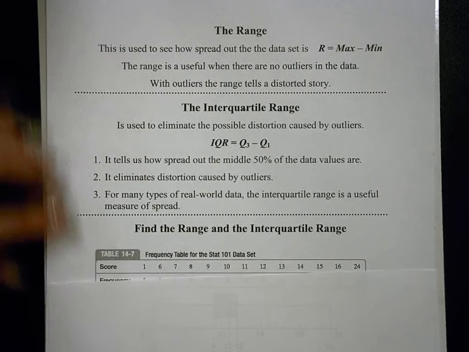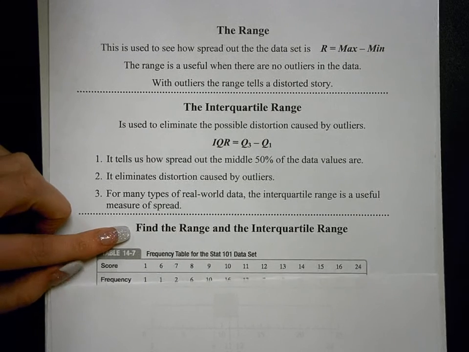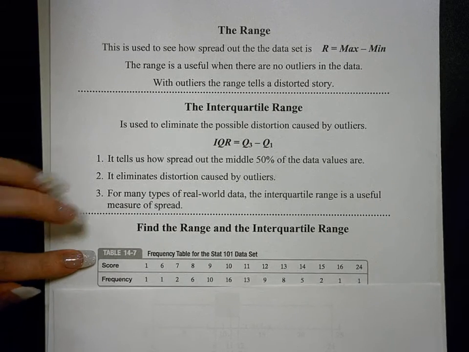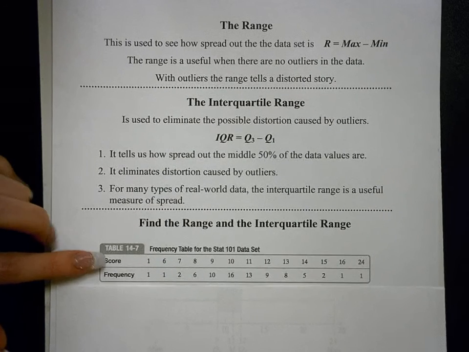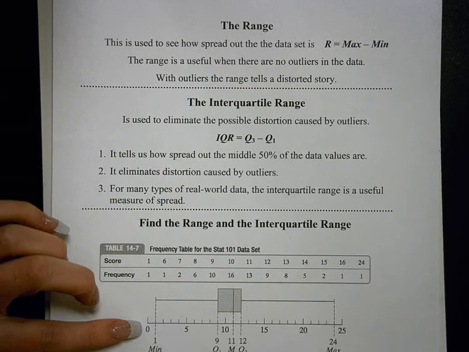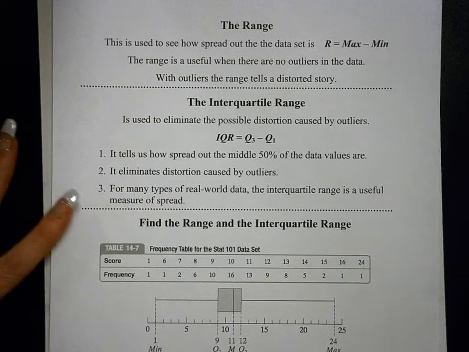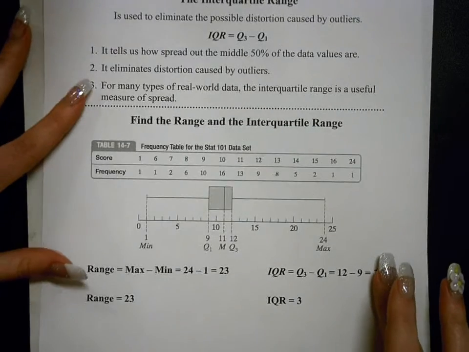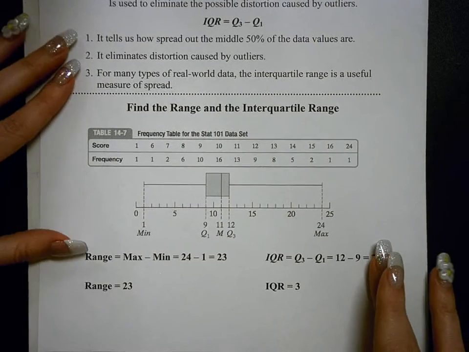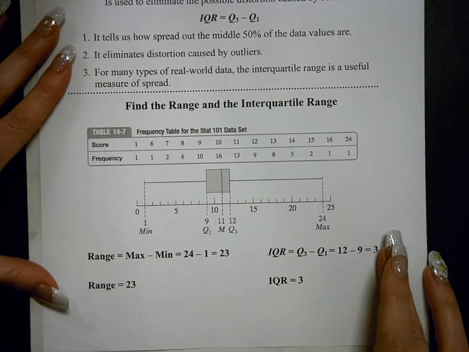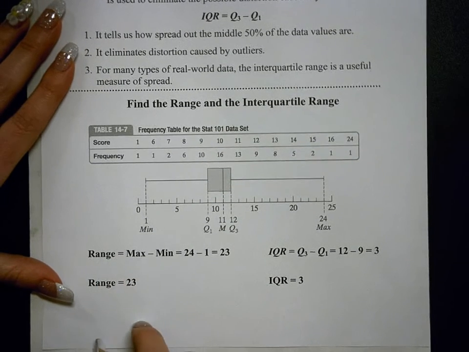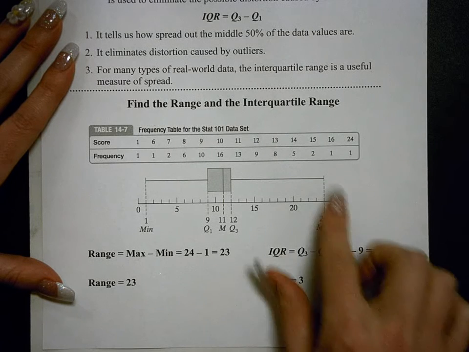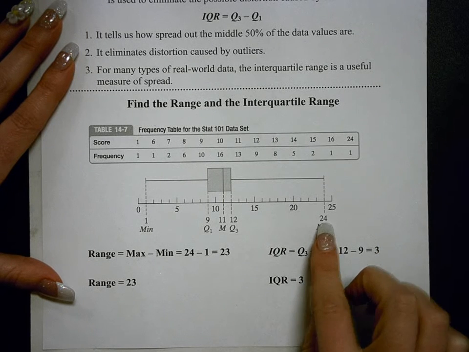Now what we're going to do is find the range and the interquartile range of our Statistics 101 data set, where we had this frequency table, but also looking at this box and whisker plot. So if you see here, the range is found by taking the max minus the min. Now on this box and whisker plot, it's very easy to see that the max is 24 and the min